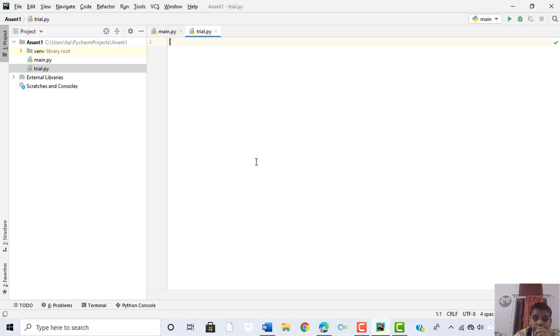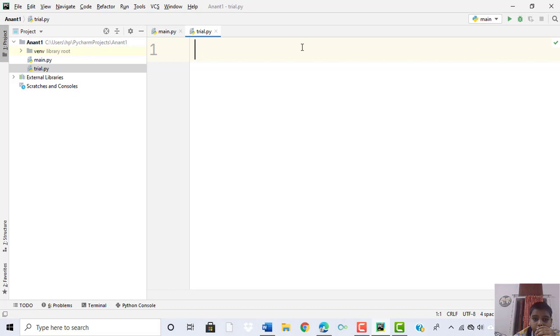Now press the Control button on your keyboard and then use the scroll button on your mouse. It is used to decrease or increase the size of your font. Now it is very easy for beginners and it is very easy to learn.